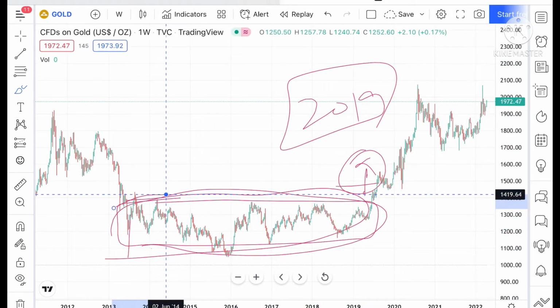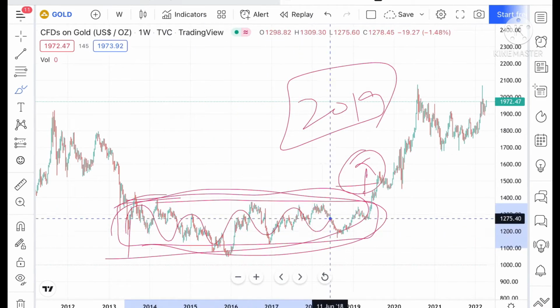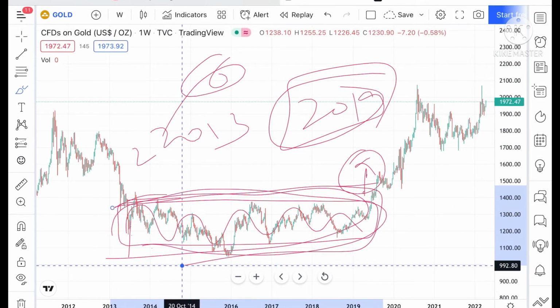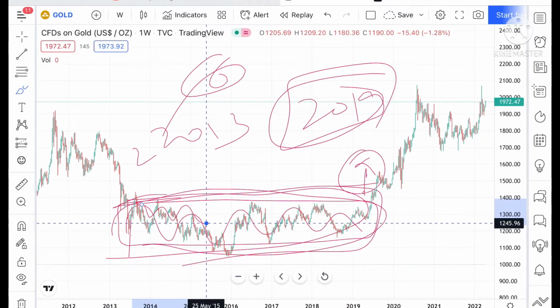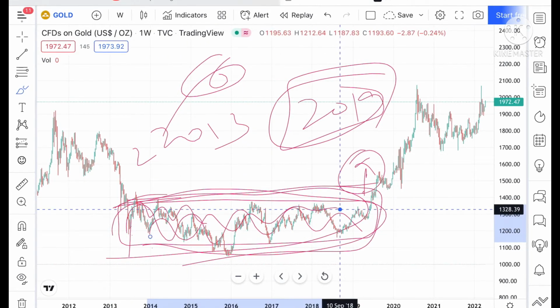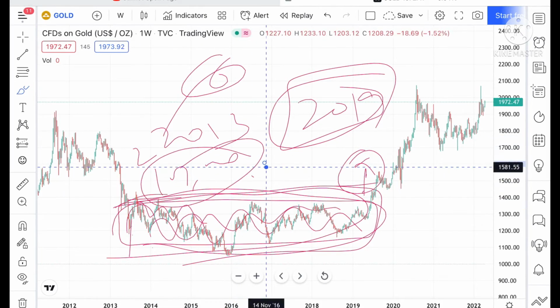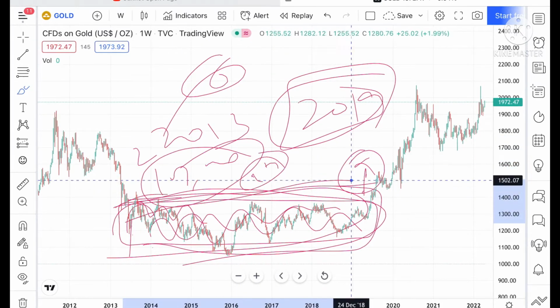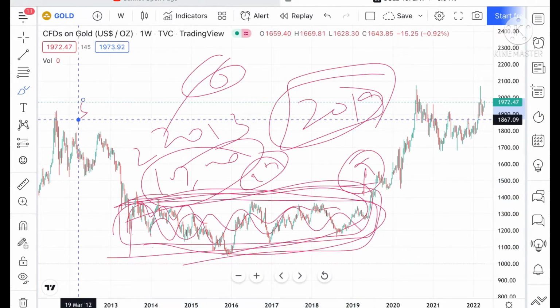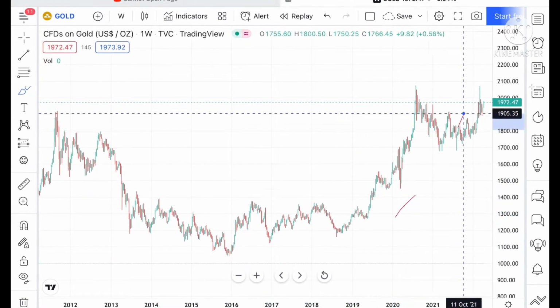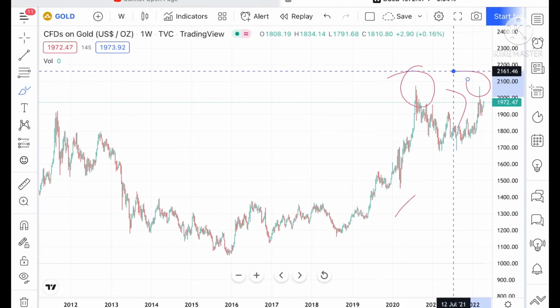One thing, those who have invested here, they know that for 6 years the price was in this range. That means if you have invested, it is a steady investment. Suppose you have invested around $1 lakh or around $50,000, it will be in the same range for 6 years. That means not much of a movement we have seen, but after this particular range we have seen twice it made a high.